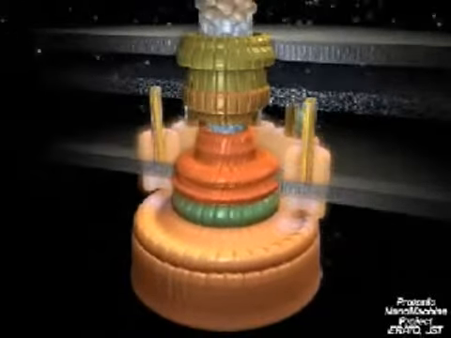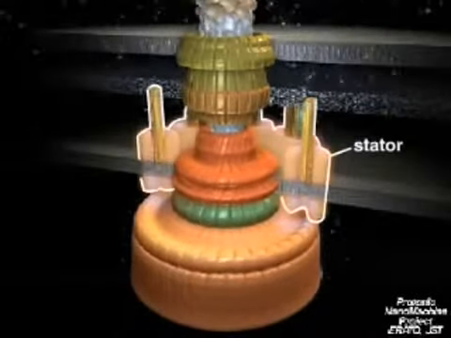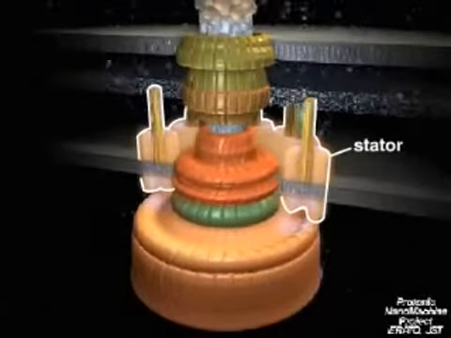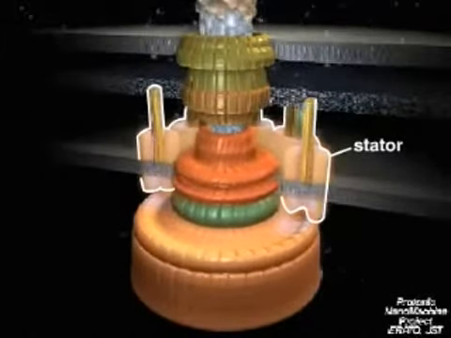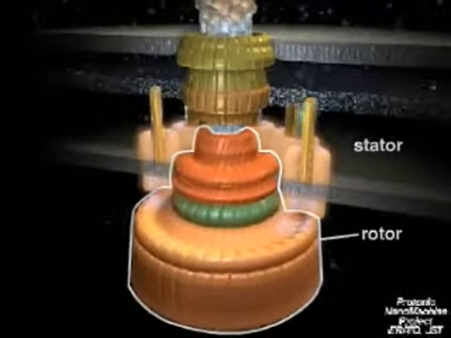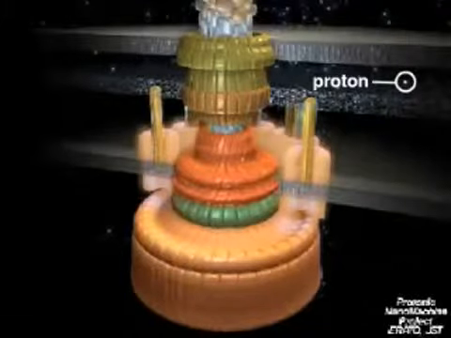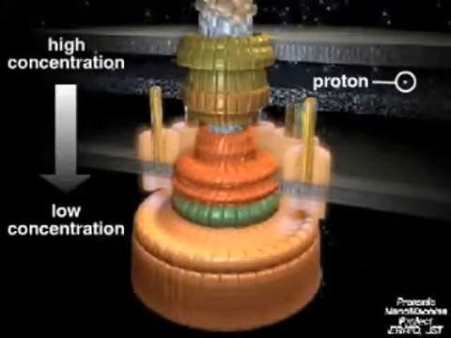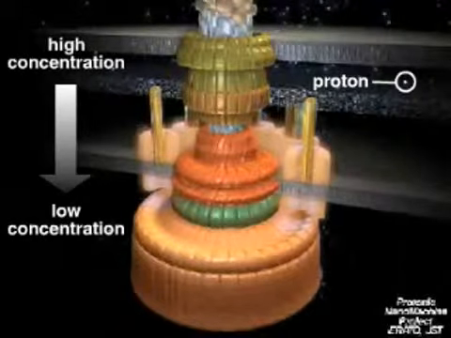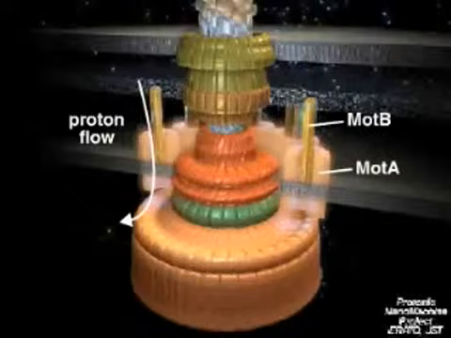Some of the rings make up the flagellar motor, which can be divided into two major parts: the stator, which is attached to the peptidoglycan layer, and as its name implies, remains stationary, and the rotor, which rotates. The motor derives its power from a proton gradient across the membrane. In this example, a high concentration of protons exists outside, and a low concentration exists inside the cell. The protons flow through the interface between two types of proteins, called MotA and MotB, that make up the stator.